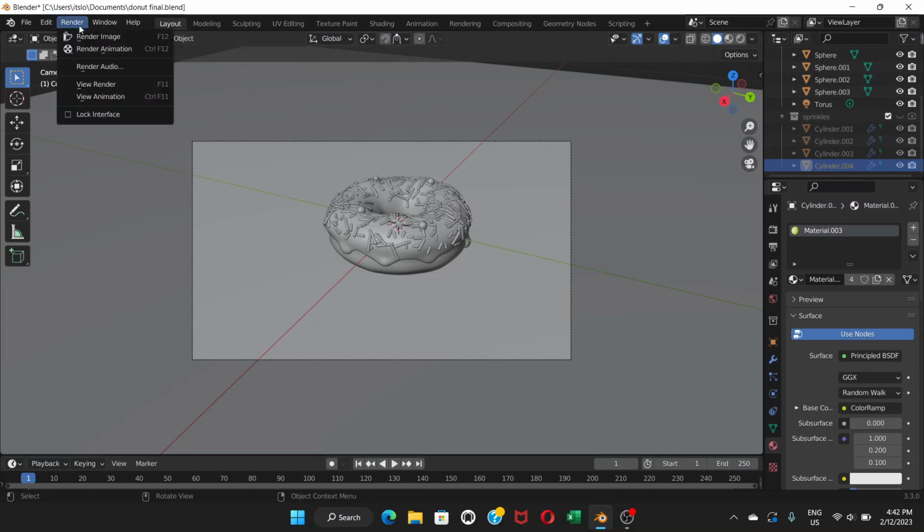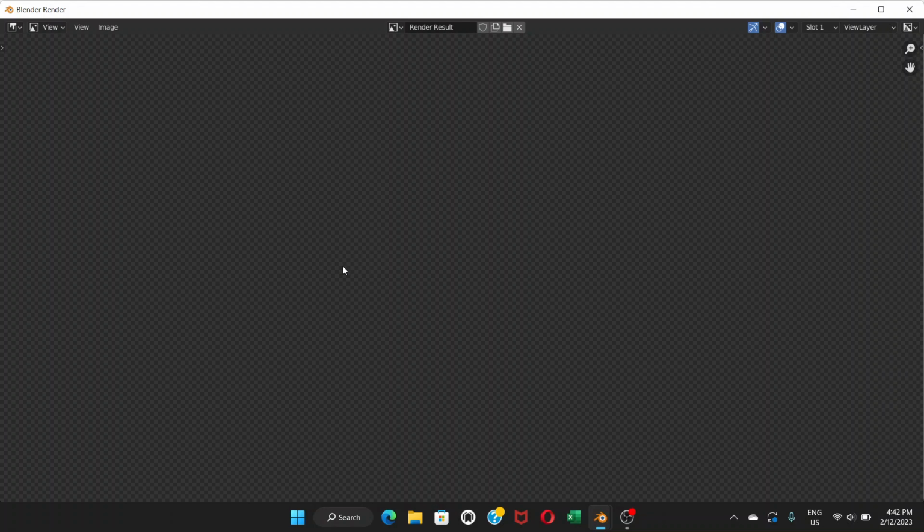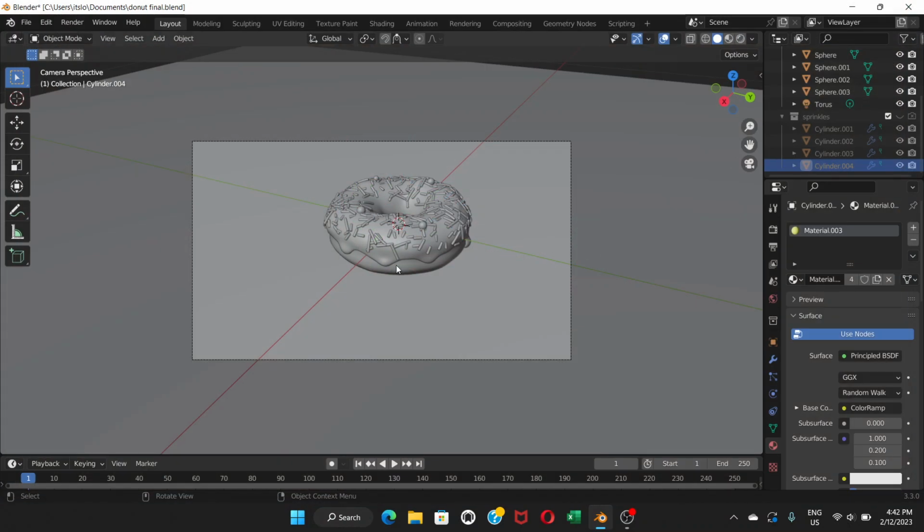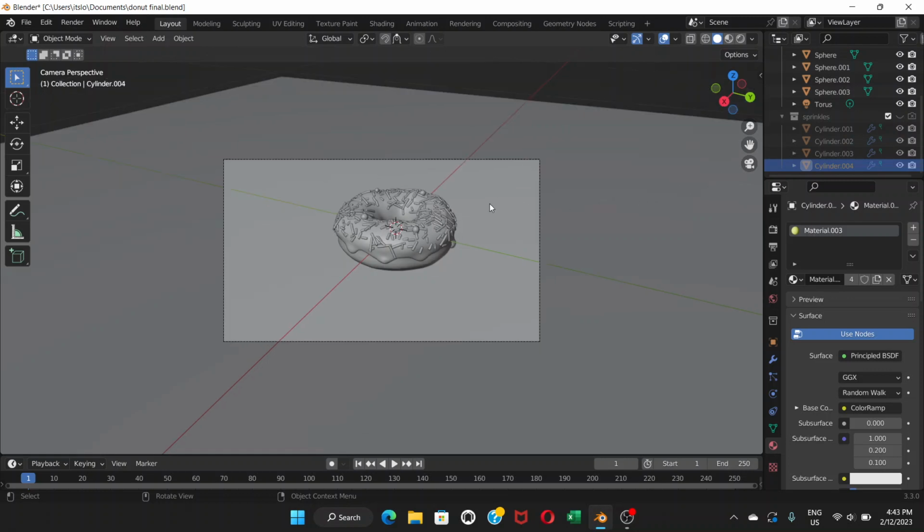Okay, if you now render, you will see that the donut is shot or clicked from this angle. Okay, so what we can now do is the angle is okay, but we need to zoom out a little bit. You can just zoom out and again press Ctrl Alt 0, but another thing you can do is